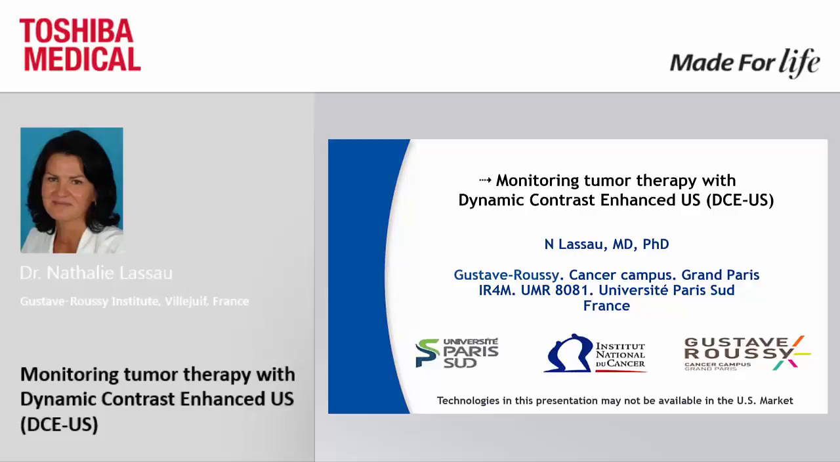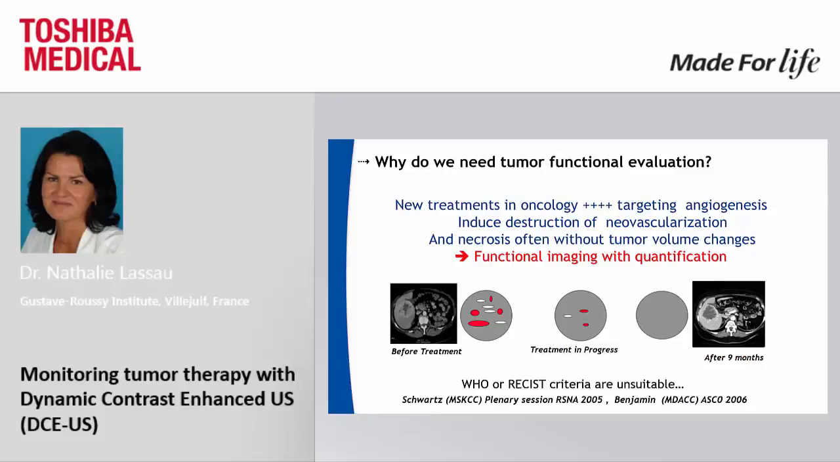So, why do we need tumor functional evaluation? Because new treatments in oncology induce a destruction of vascularization. As you can see on the CT scan, before treatments and after 9 months, according to the RECIST evaluation, we have a stable disease, but everybody in this room understands that probably we have a destruction of the